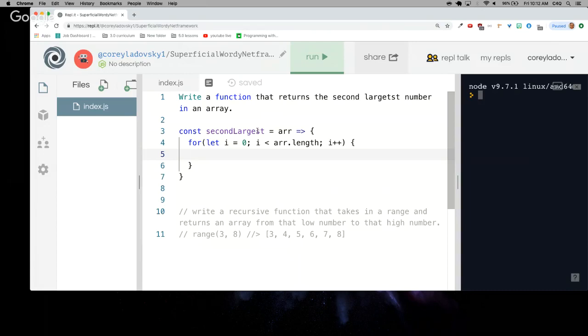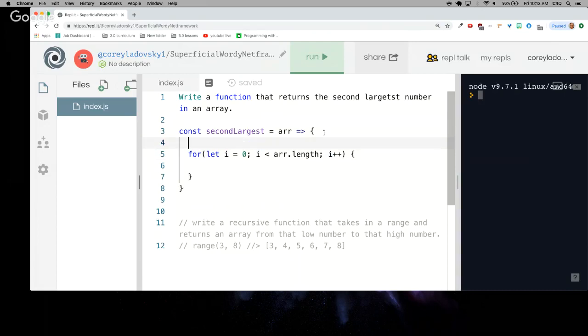Like what I was doing with setting variables, maybe that before. Yeah, great. So Trey says, hey, we want to set variables before the for loop because we want to continue to check with every iteration against what we've got. That's a great idea, Trey. So let's do that. So if I say let biggest number,